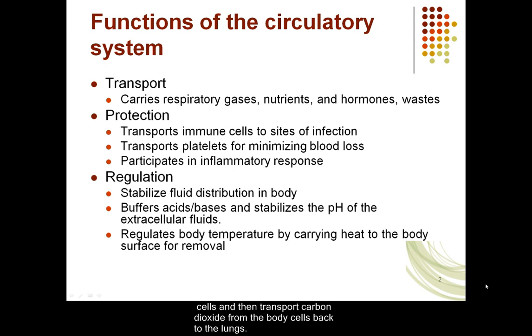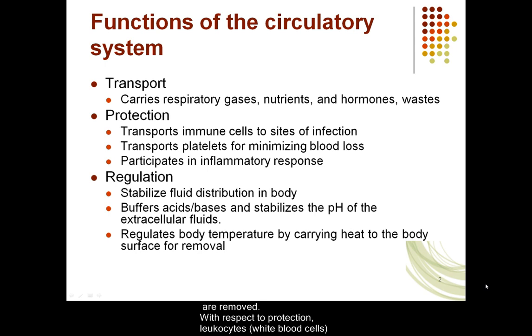Blood plasma transports nutrients that have been absorbed by the GI tract and hormones secreted by the endocrine glands. Finally, plasma also carries some waste products generated from the cells of the body to the kidneys where waste products are removed. With respect to protection, leukocytes, or white blood cells, help guard against infection by eliciting an immune response